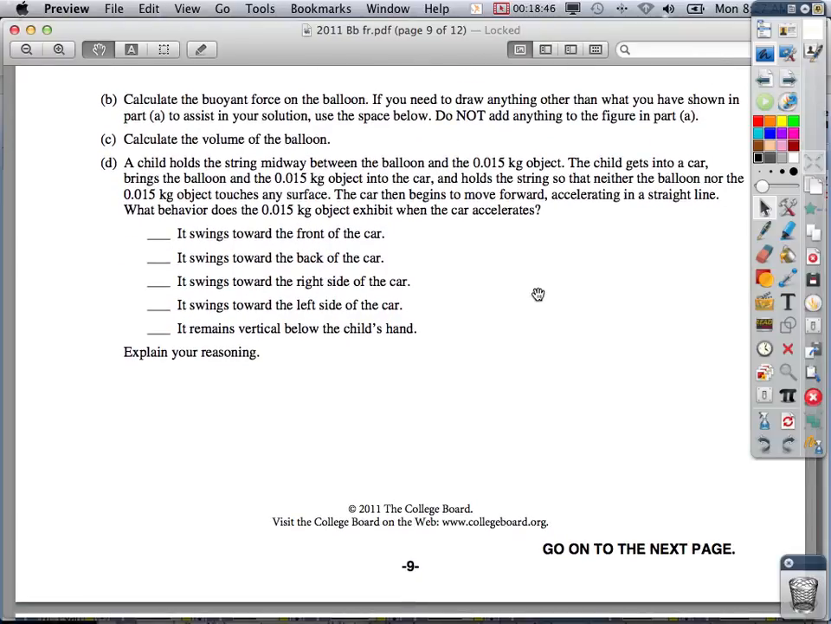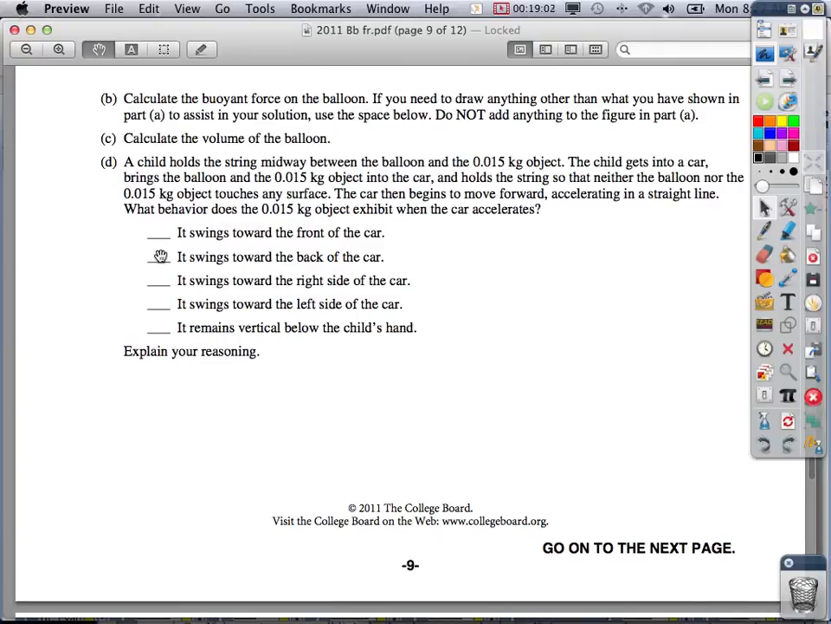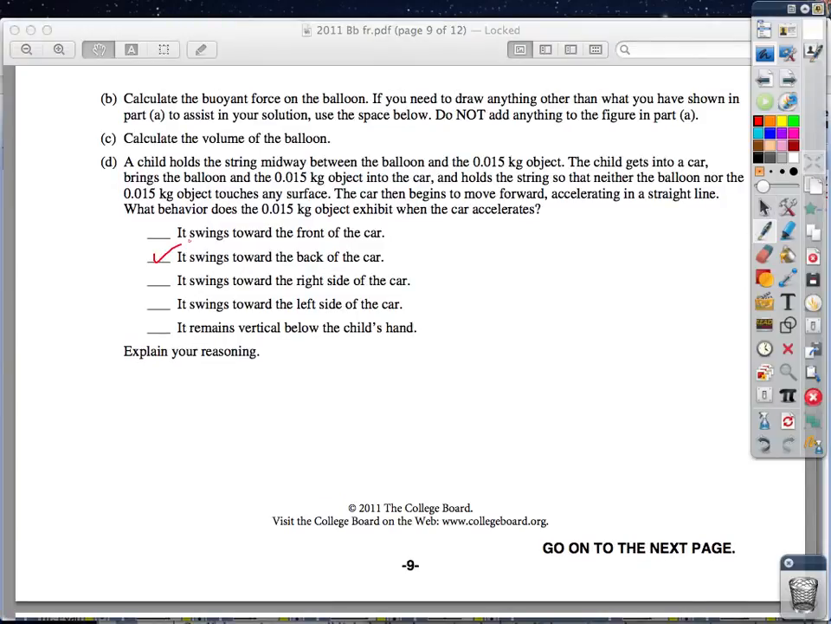The child gets into a car, brings the balloon and the object in the car, holds the string so neither the balloon nor the object has any surface contact, and the car needs to move forward, accelerating in a straight line. What behavior does the object exhibit when the car accelerates? So we should have said when the car accelerates, it swings towards the back of the car. Right? Because